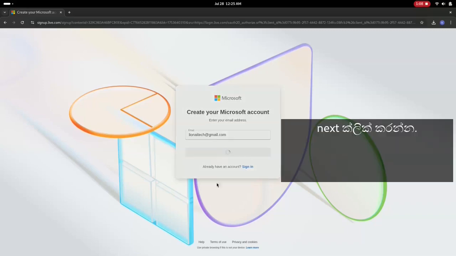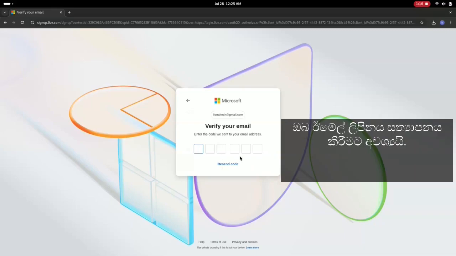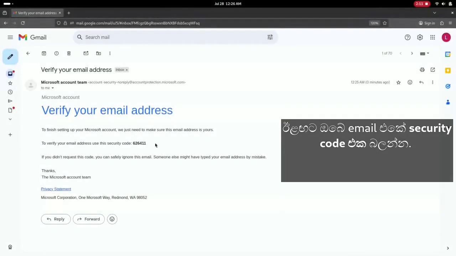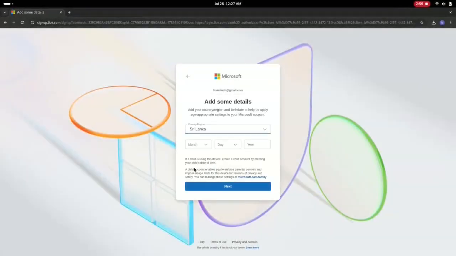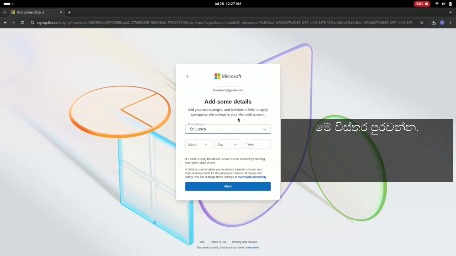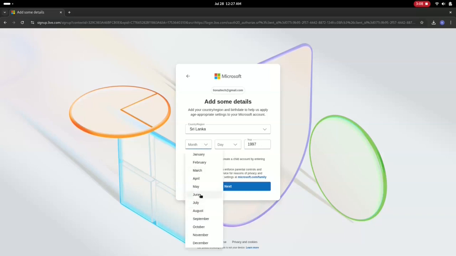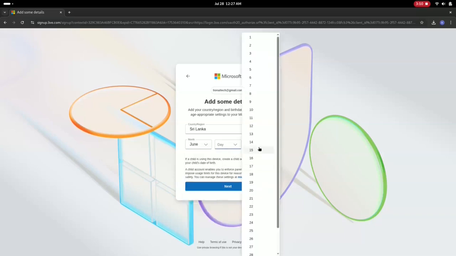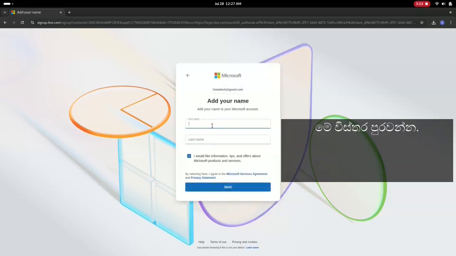Click next. You need to verify your email address. Then see the security code in your email. Paste it here. Now fill these details. Now give your first name,